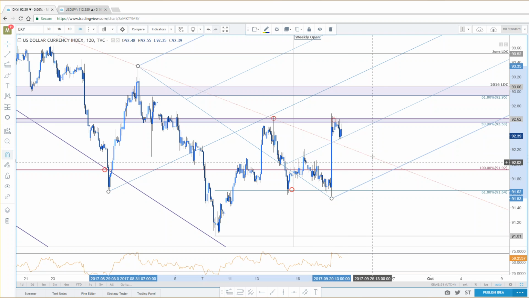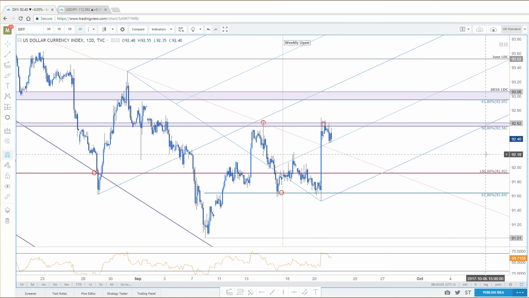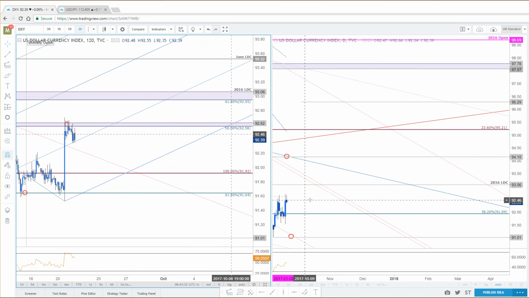But which is why I didn't put this chart out last night, but it actually played out pretty nice on the pullback and it held as support. So I don't know if this is in play yet, but it does highlight the near-term resistance that we were talking about yesterday, 92.62 into 92.58. That little support, or former support, now resistance zone. Topside break from here, you're looking for that 618 to 92.95. And the 2016 low day close is at 93.06. And we talked about the possibility, guys, of us getting up there, way early on.